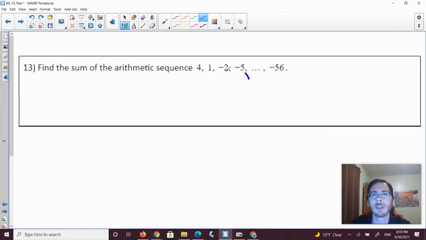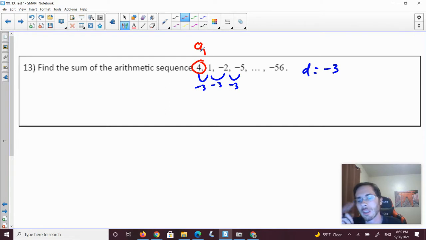Find the sum of the arithmetic sequence from 4 to negative 56. And it looks like here we're counting by 3s. We're going down 3 every time. So since we're going down by 3 every time, we know D is negative 3. Since we're starting at 4, we know that the first term, A sub 1, is going to be 4. Now, the tricky thing with this is since we have to find the sum,